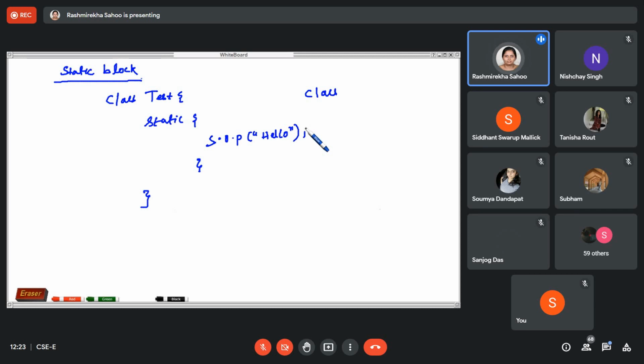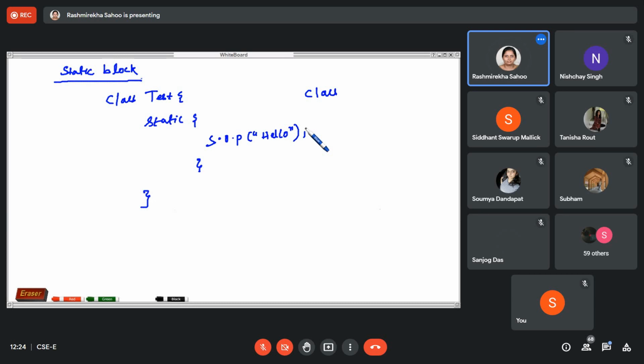If in your interview it is asked, can you print hello or execute a static block without main method, you have to tell the answer is yes for JDK 1.6 and lesser versions. After 1.6 they have made the main method mandatory. You have to write the main method.